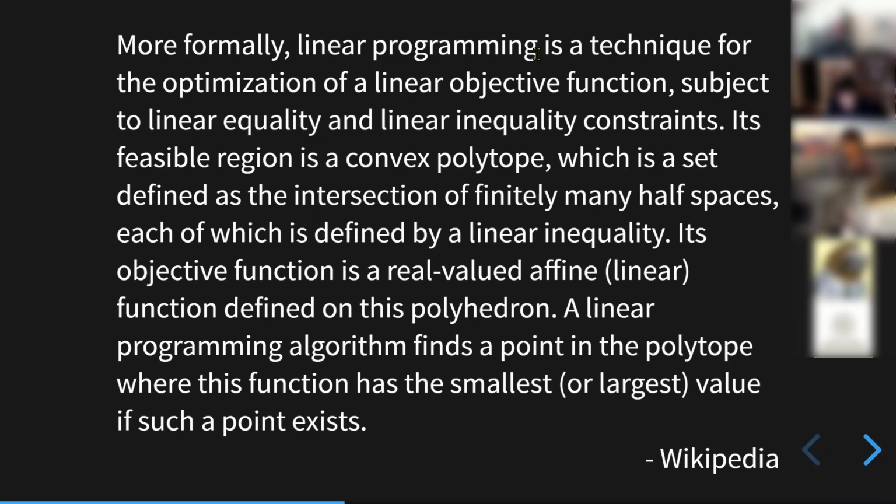More formally, linear programming is a technique for optimization, linear objective functions, linear equality, linear blah, blah, blah, convex polytope, half spaces. Oh my goodness, what on earth is going on? Very technical description. Let's break down what's happening.